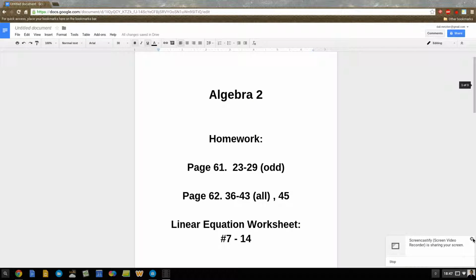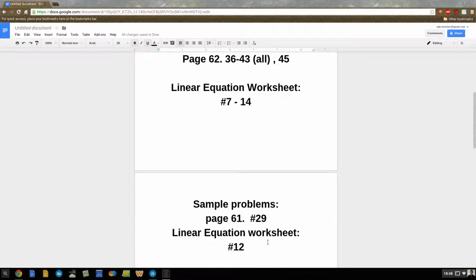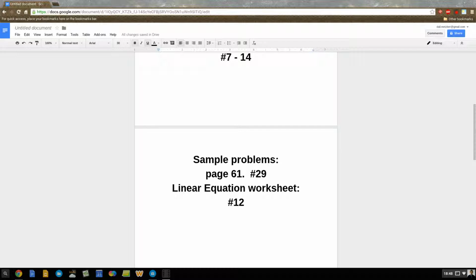For the homework for tonight, we have page 61, 23 through 29 odd, page 62, 36 through 43, all of it, and 45, and linear equation worksheet number 7 through 14. And the sample problems I'll be working on today are on page 61, number 29, and linear equation worksheet number